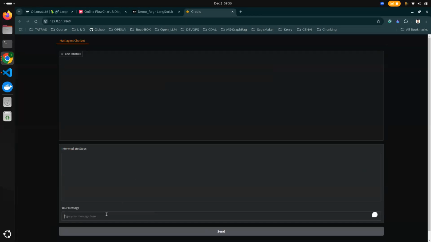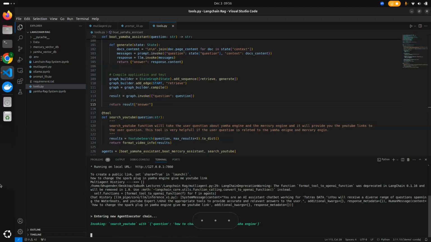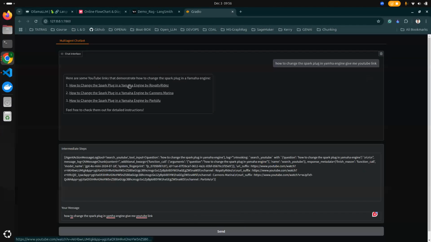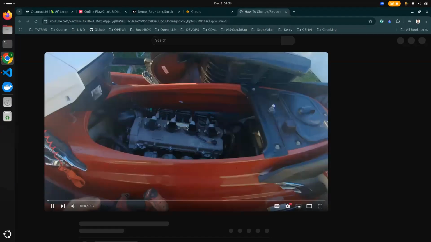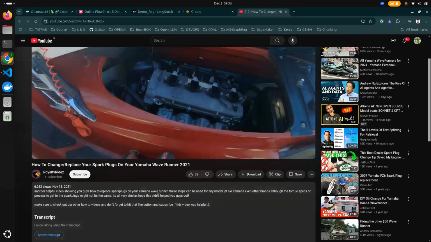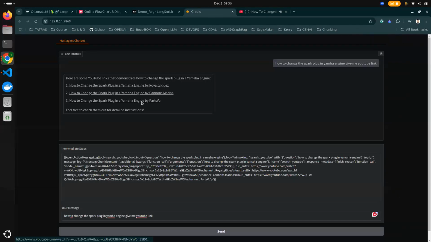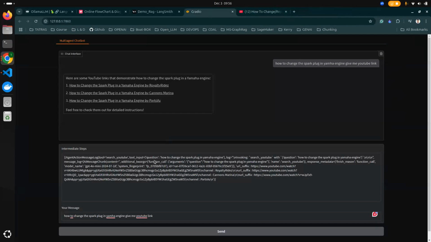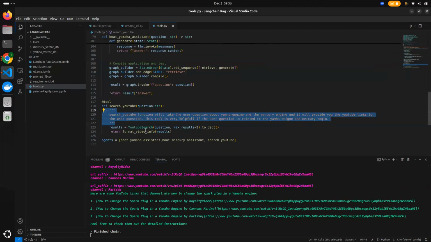I'm going to refresh it. So see, now it has used the YouTube search because my description is very precise, right? So I'm getting my YouTube links for this particular video. Great. So you can change it a little bit, but this ability of the LLM increases. You can add anything, you can code anything down there, and you can add any tools and